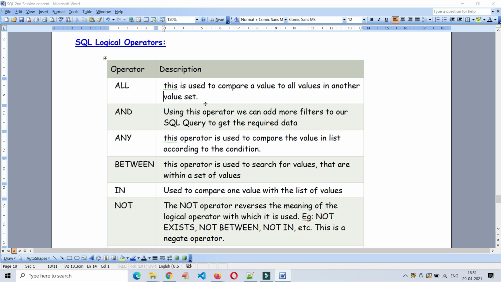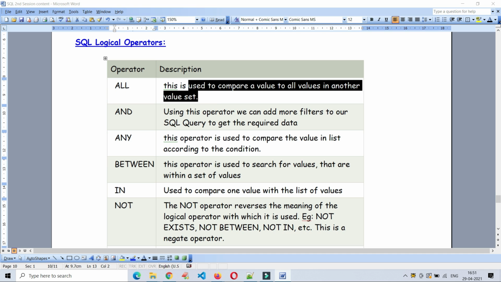Once you come to know what all the operators and data types are, we will use all these things. Once we write any command, once we work on SQL statements, subqueries, joins and everything, there you will understand why we are using this operator, or why we are using this specific data type. One of the operators is ALL.